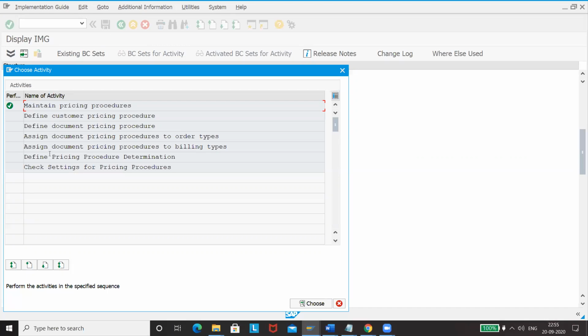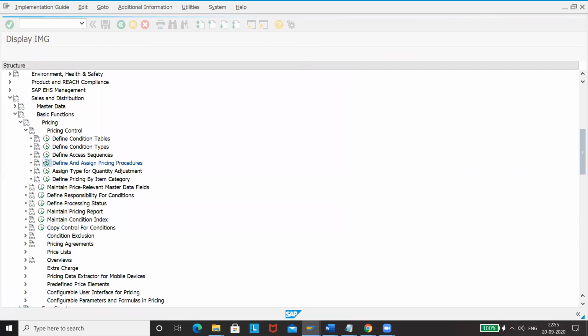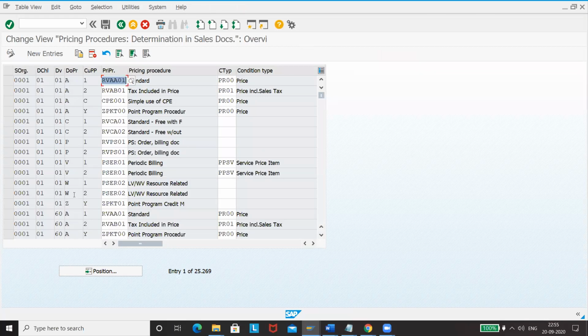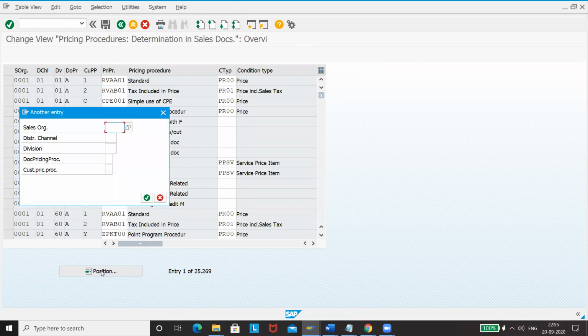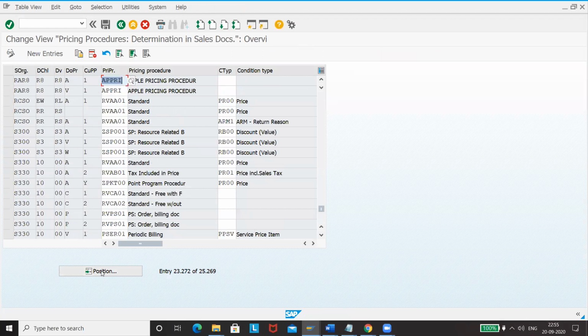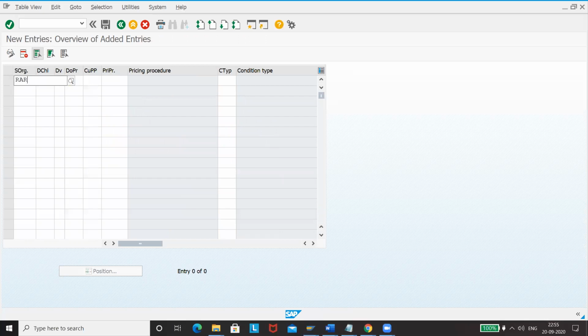Now we'll assign that to our sales area. So this is where we maintain the pricing procedure determination. We'll see what we have maintained for the standard one, and we'll maintain the same thing for ours as well. We'll go to new entries.